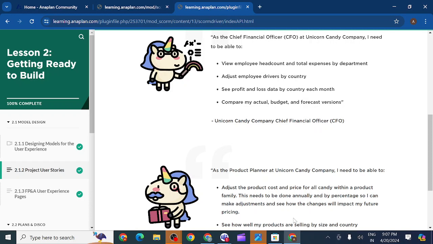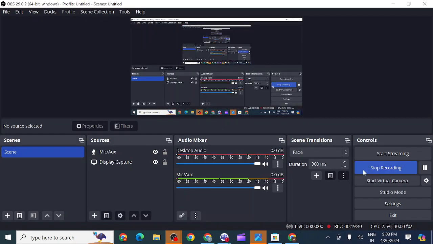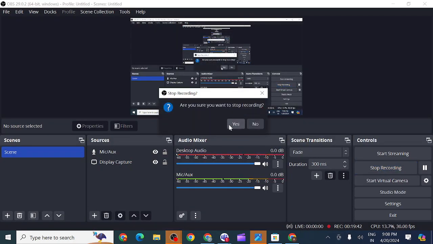So the CFO also wants to see the profit and loss data for each month by country, by different country. For each month they want to see the profit and loss data of the company, and they also want to compare the actual and the budget and the forecast versions. So here they want to see the current, the actual